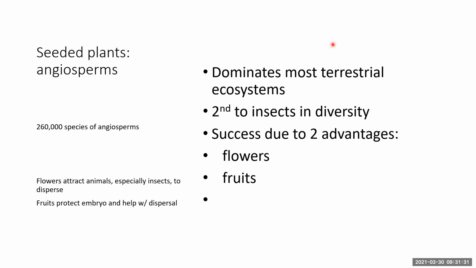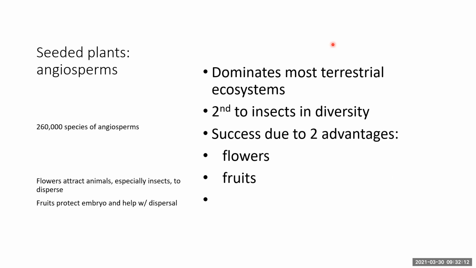When you walk outside and examine your yard or your property, or you're driving down the street and you look at a plant, nine times out of ten, you're most likely looking at an angiosperm. These are your flowering plants, your fruiting plants, and those are the two big evolutionary changes that happened in angiosperms that really allowed them to be so successful: the development of flowers and the development of fruits. So flowers really changed the game